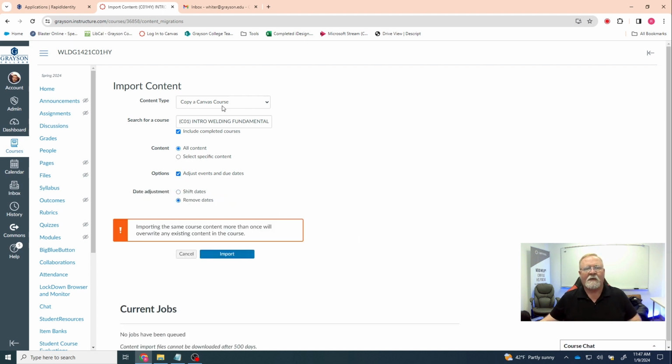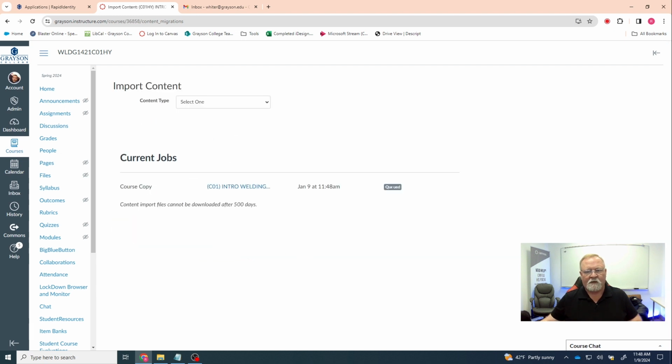So to recap, copy a Canvas course. We want to copy it from last year, same course number, but from last year's time frame. We want to get all content. We want to adjust the dates, and to do that, we want to remove the dates. At that point, we click import. It'll queue up, and then eventually it will run. And as it does, the